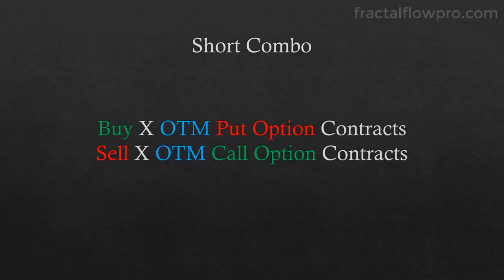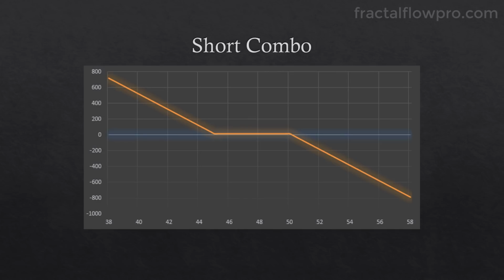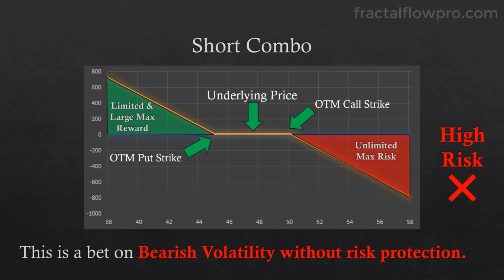X number of out-of-the-money put option contracts and selling an X number of out-of-the-money call option contracts. In terms of payoff, the short combo mitigates the risk if the underlying remains within the range determined by the out-of-the-money strikes. If the underlying falls below the out-of-the-money put strike, the reward is limited but very large. If the underlying rises above the out-of-the-money call strike, the risk is infinite. This is a strategy that bets on bearish volatility, but with infinite risk for the upside, so it's a high-risk